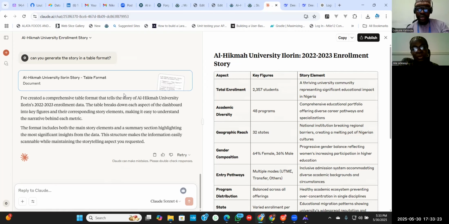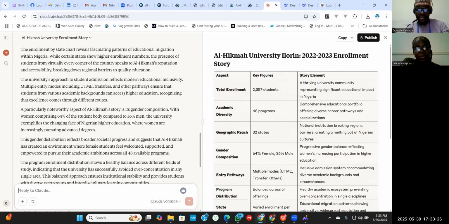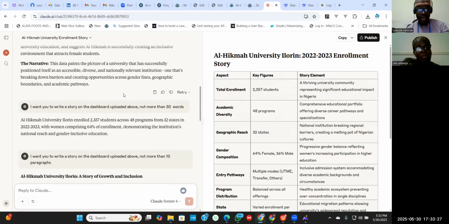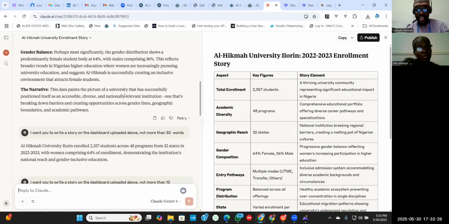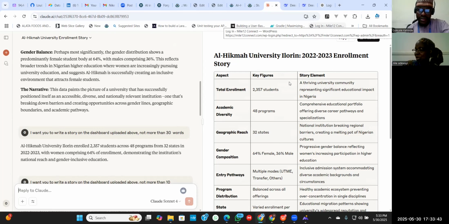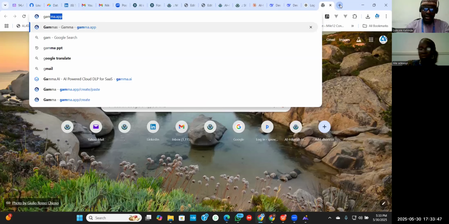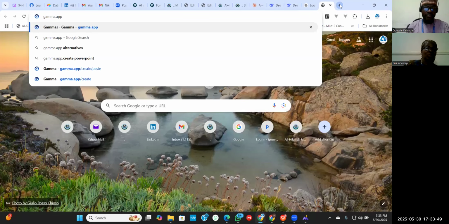Okay, so we have a lot of them like that. Even there is another one, Gamma. Gamma will assist you to create the slide. So what you just need to do is to go to gamma.app.